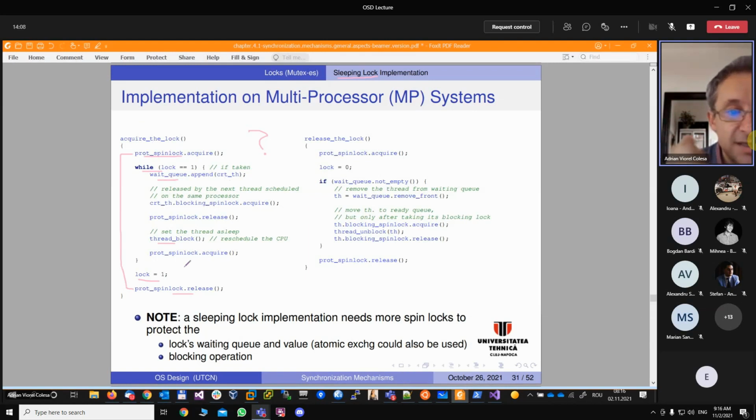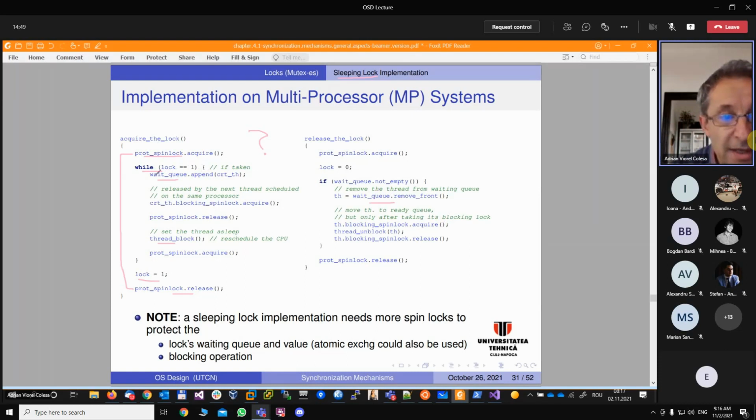If we need to release the CPU, in that case, we have to firstly, before that, place the thread in a waiting queue. That waiting queue must be protected. That's the first data structure that must be protected, not to let more threads work on it, be it in lock acquire or in lock release. You see, there are multiple places where that waiting queue is used. So we must protect this waiting queue,